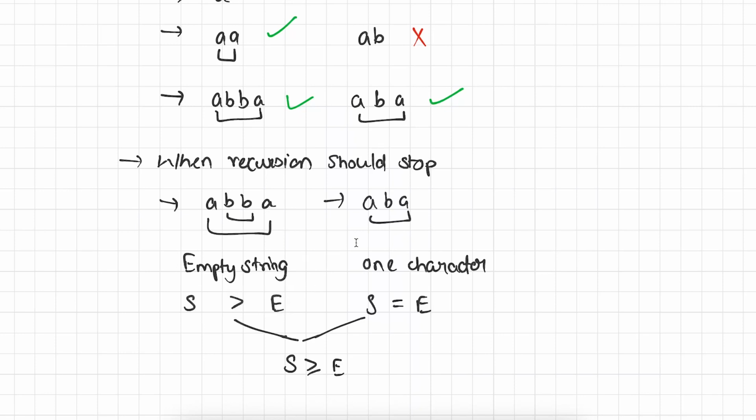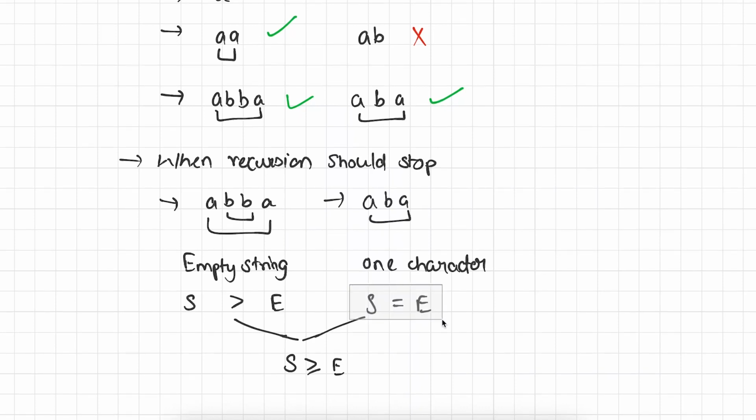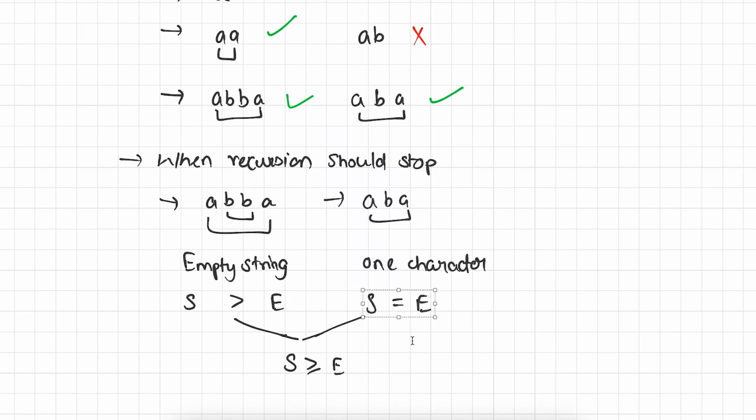Now the second base case is going to be, let's say we have an odd number of characters in the given string. So in this case, we check the character at position 0 and the character at position 2. Both are equal. Then we increment S by 1 and decrement E by 1. So in this case, our S and E become equal. So this is the case where we can say that the string is palindrome. In the recursive function, we have to write two base conditions.